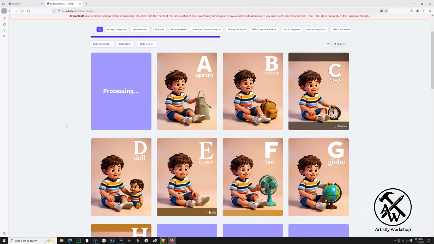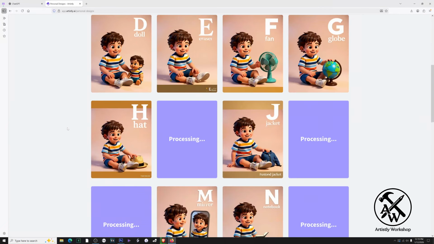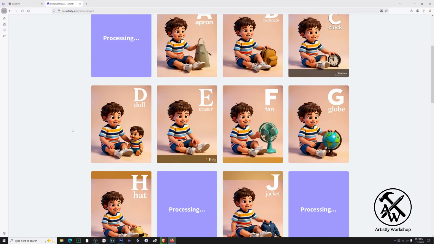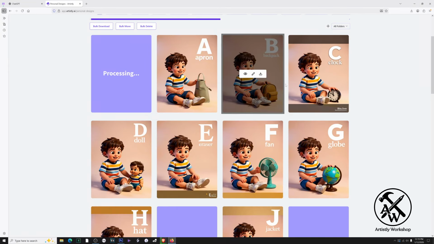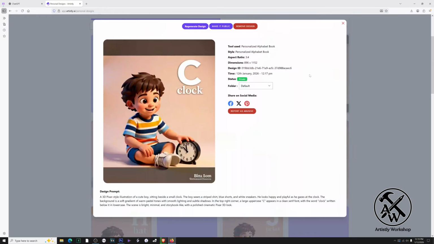All right, I'm not going to sit and wait for all of these things to start populating, but just from what's coming in right now, you can see the problems. Just generally speaking, the kid is in the same position in every single picture. He's got the same look. He's doing the same thing. He's not really looking at the objects. And then you get these weird other kind of AI creations where I don't know what any of this is about. This text, you can see sometimes in the prompt, but